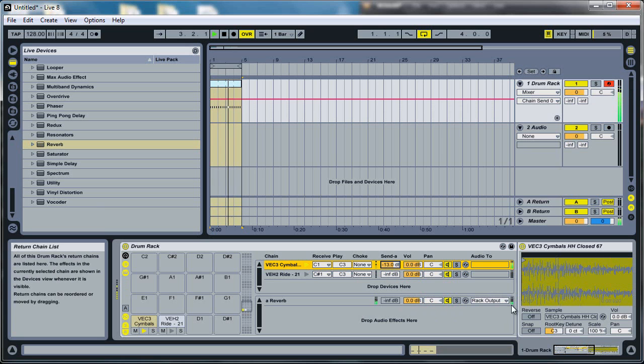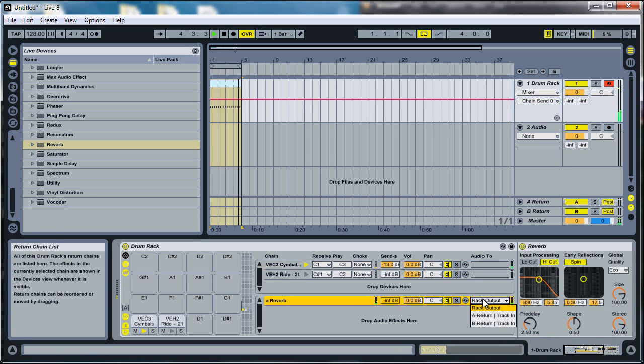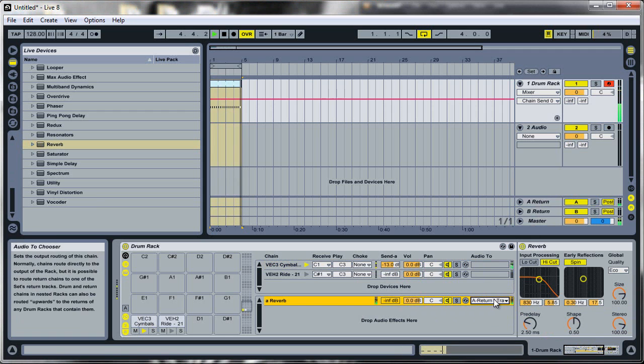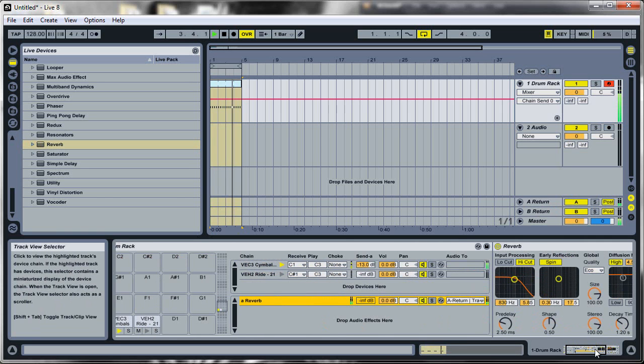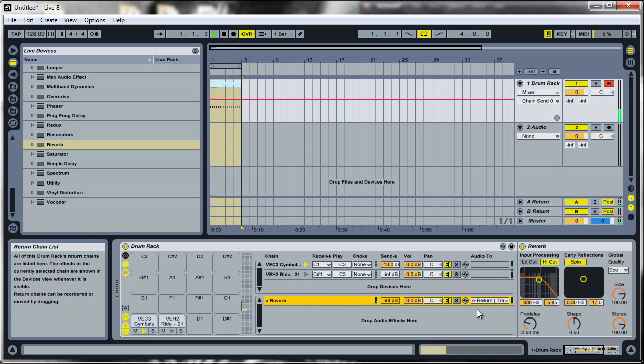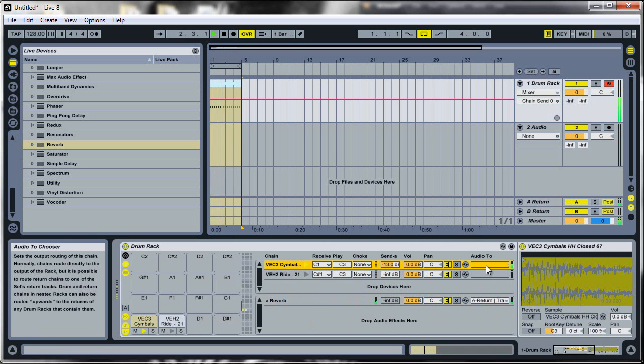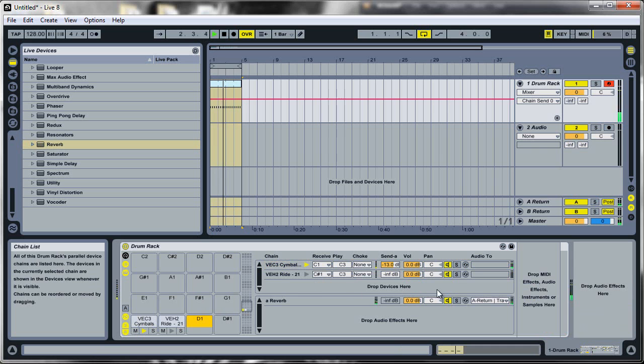Something interesting you can do with this too, if you notice the audio 2 section down here, you can actually route these to any of the return tracks in the main mixer. So if I come over here, I can send that to the return A over here, in case you didn't want it to get processed with the rest of the drum rack. And for example, if you had some crunchy effect going on and you didn't want to get your reverb kind of messed up in that,